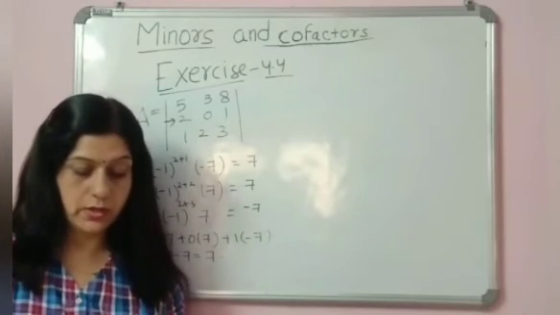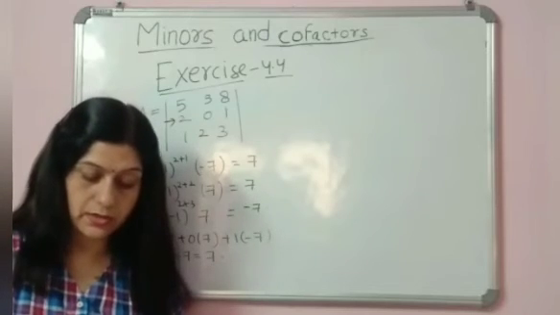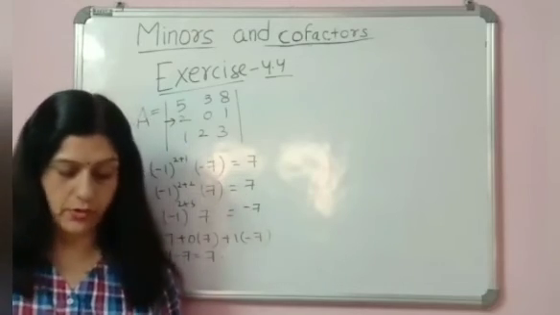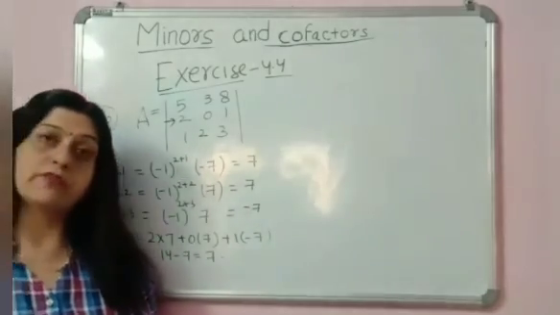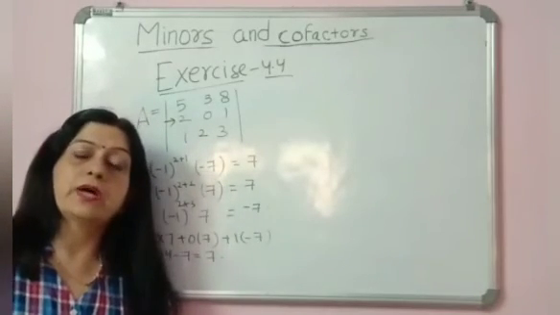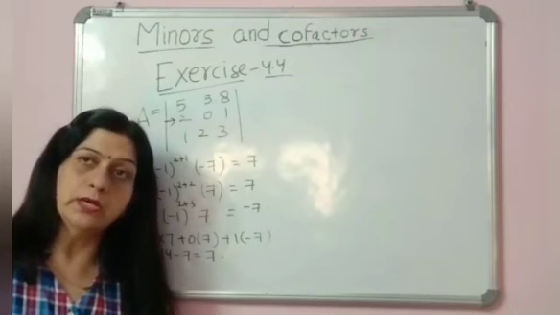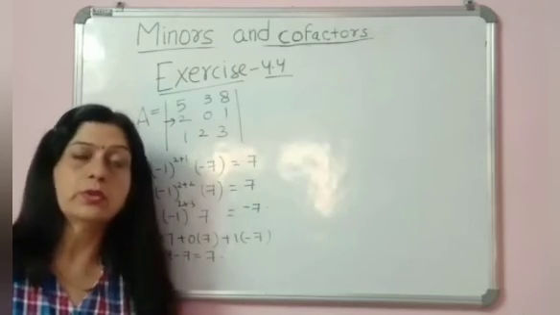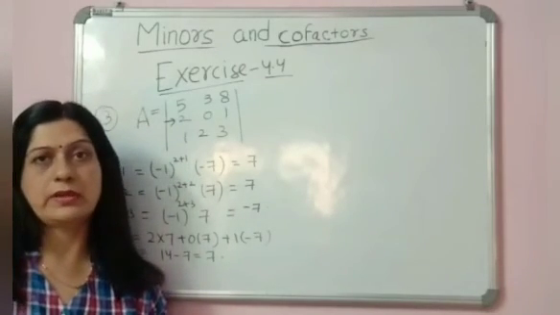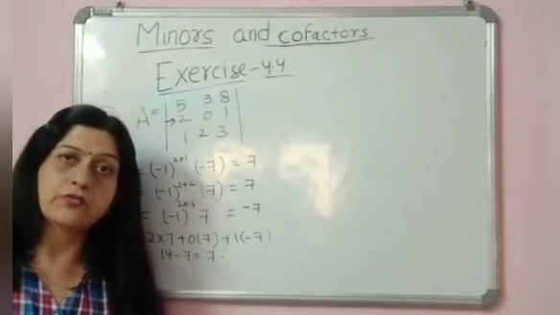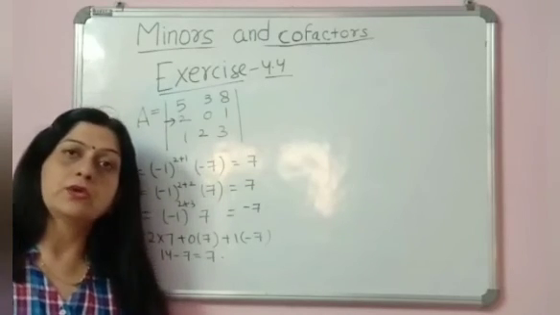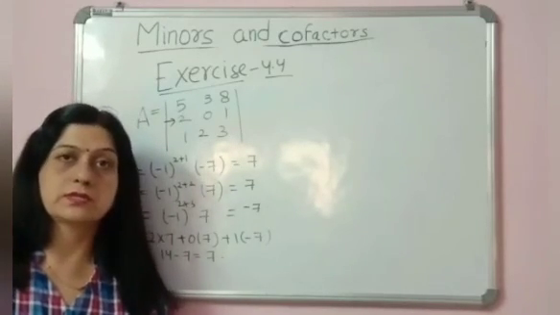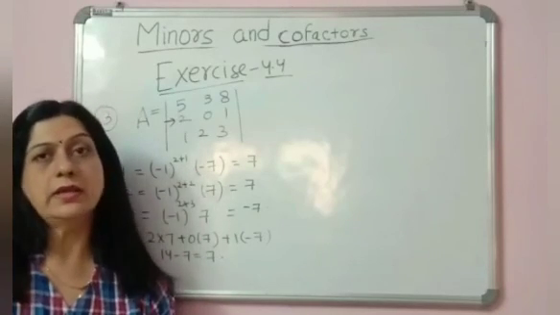The last question is, you are given a determinant, and if Aij is the cofactor of aij, then the value of the determinant is given by what? Some options are given to you, but we have already discussed that if the elements of any row are multiplied with the cofactors of the corresponding elements of the same row, then you get the value of the determinant. But if you multiply the elements of any row with the cofactors of any other row or column, then you get 0. Okay, so you choose according to that concept that we have already discussed. Okay, so this was all about minors and cofactors.